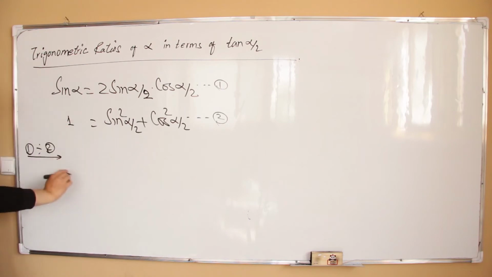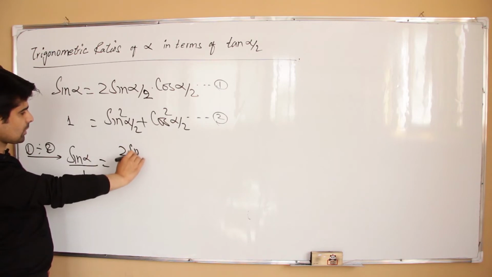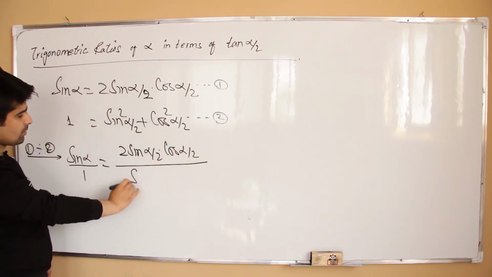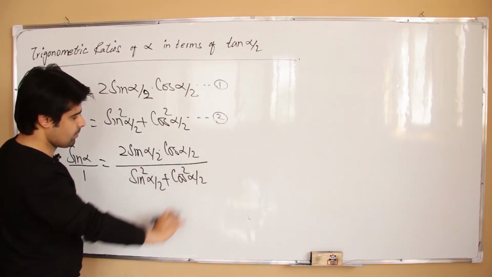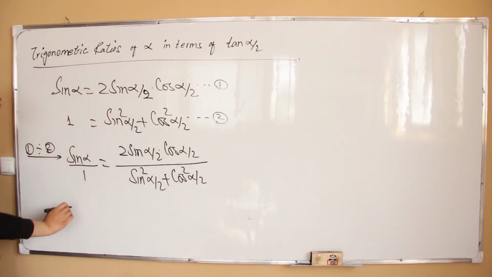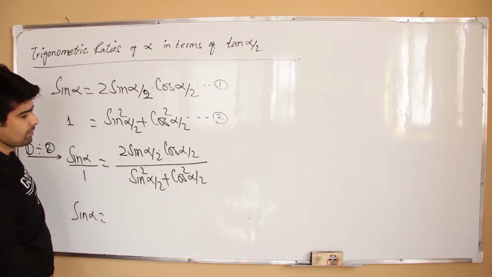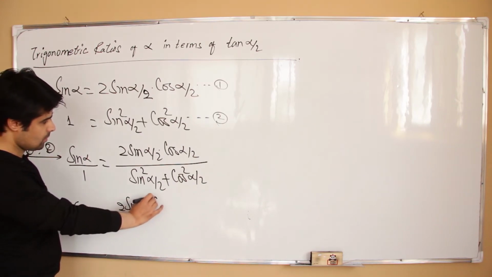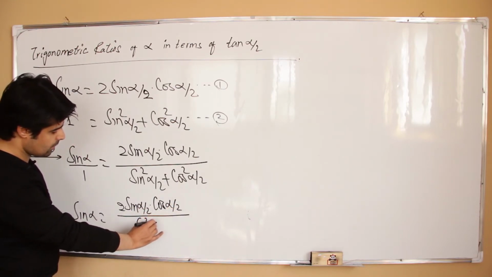So, divide this one, sine alpha by 1, and divide this one, 2 sine of alpha by 2 times cosine of alpha by 2 divided by sine square of alpha by 2 plus cosine square of alpha by 2. Am I right? Yes. Now divide numerator and denominator by cosine square of alpha by 2. Can we do? Yes. 2 sine of alpha by 2 times cosine of alpha by 2 divided by cosine square of alpha by 2,